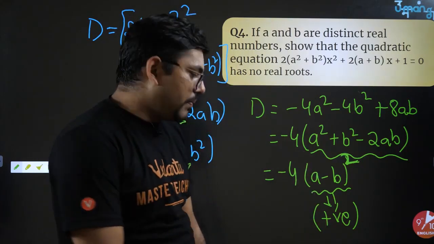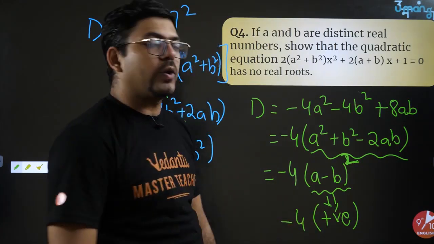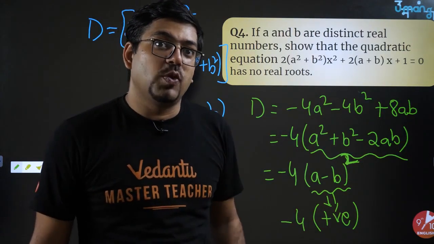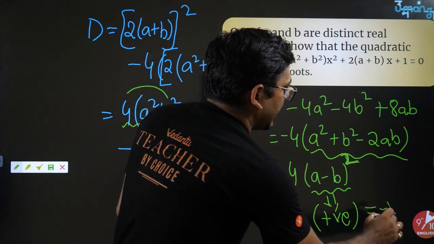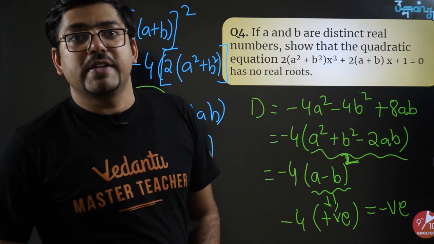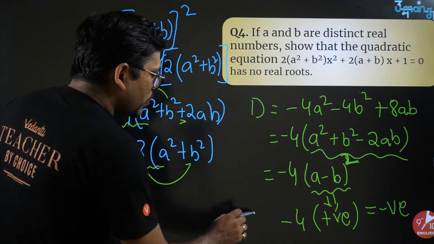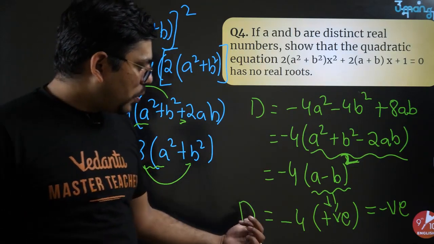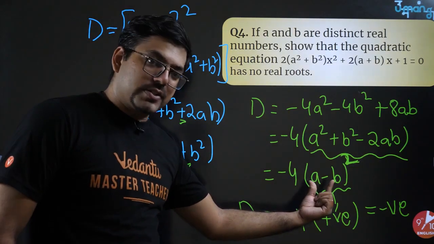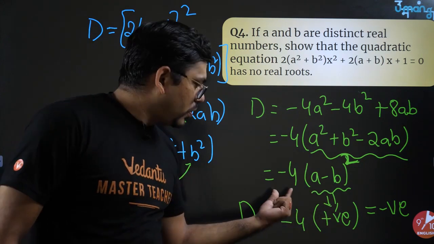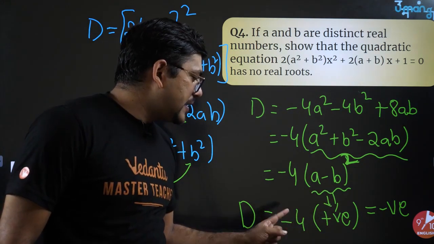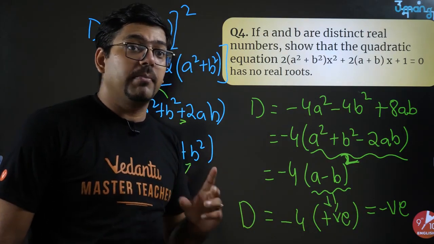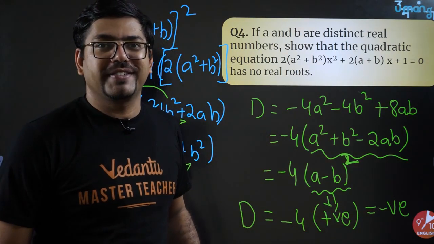And then in that positive number, you are multiplying a negative, minus 4. So if you multiply a negative number with a positive number, what is the consequence? What is the result? Result is always a negative number. And that is what you have to write here as the value of d. After calculation we got that this is always a positive number, and that is multiplied by minus 4, because that is what we are getting. D is equal to minus into positive. That is why always a negative number will come here. And that is what you have to prove in this question.